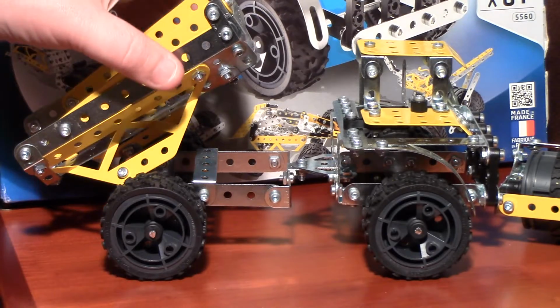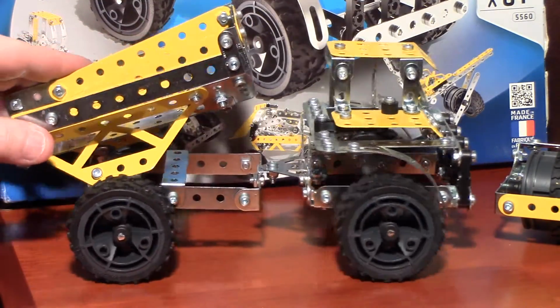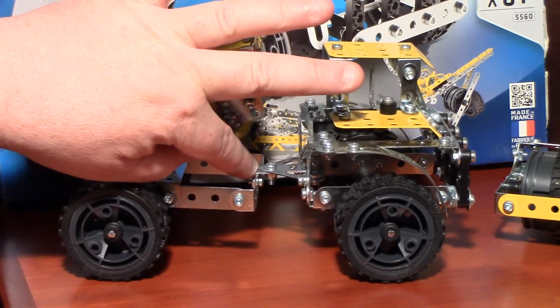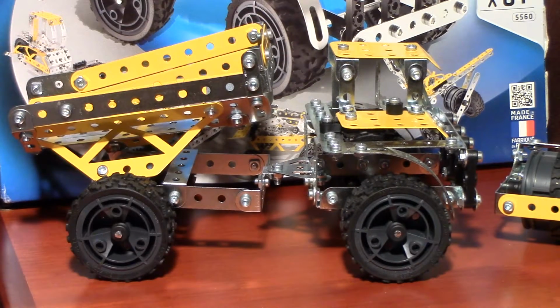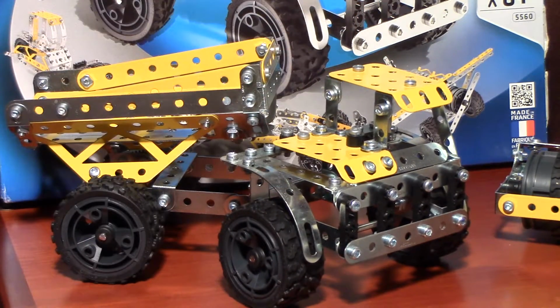So what else we got? Well, it articulates as well, as you can see there. And again, the nylock nut's been done so it's tight enough to turn without being too lanky, because it is on there, the bottom angle bracket there. It's through the slotted hole, so you could have a little bit of play there. The only issue with the model, well, I don't want to really use that word, and looking at it, this is a bit dusty,